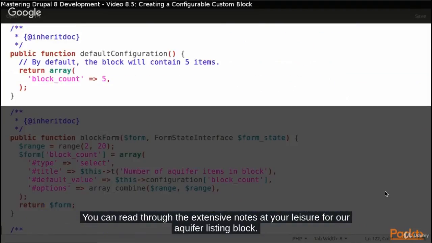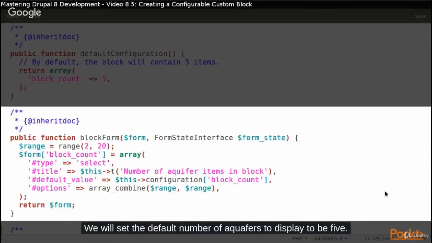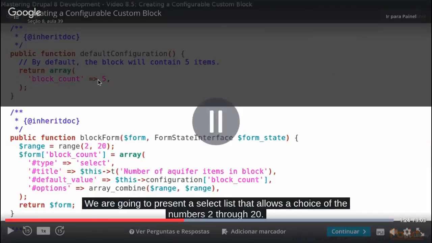For our Aquifer listing block, we will set the default number of aquifers to display to be 5. We need to instruct Drupal how to display the configuration of the block. We are going